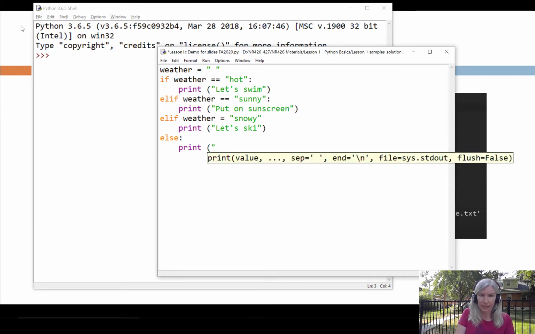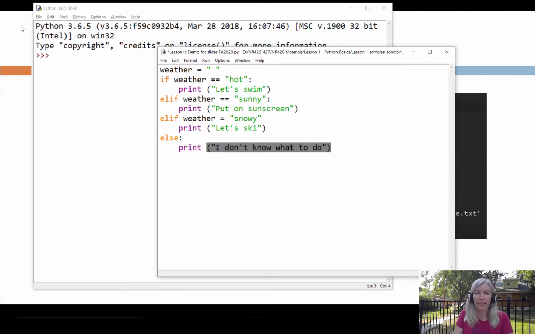Print, I don't know what to do, which is what my kids say every day in the summer. I don't know what to do. All right, so that's the basic format for an if statement, but we're missing one key component, and that is, what does weather equal? So if we put in hot at the top, save our script, and then run it,